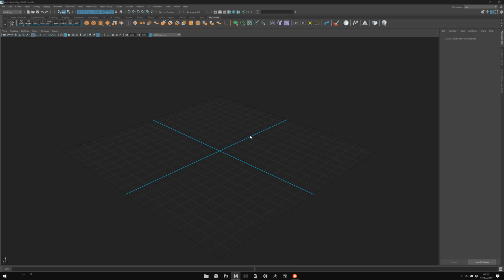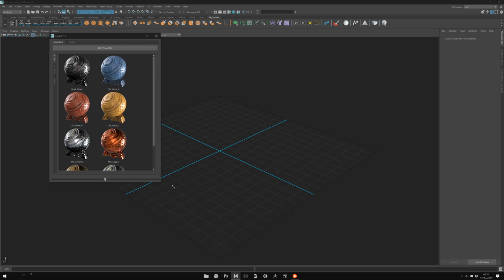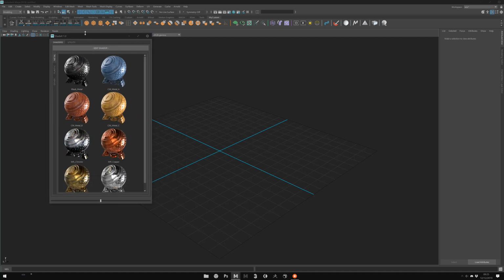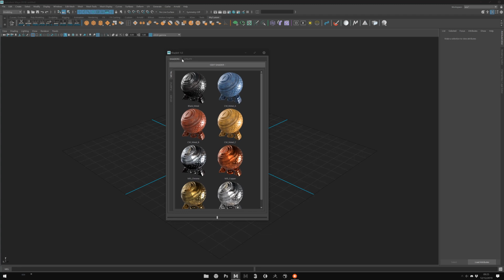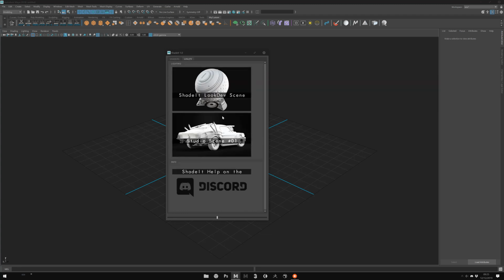Okay, the first thing you need is something to shade, of course. What I really advise you is to start not on your own stuff, but with the Shaded look dev scene. For that, open Shaded, go to utility, and here I provide you two scenes. The first one is a scene with a shader ball, the one I use to develop the shader.